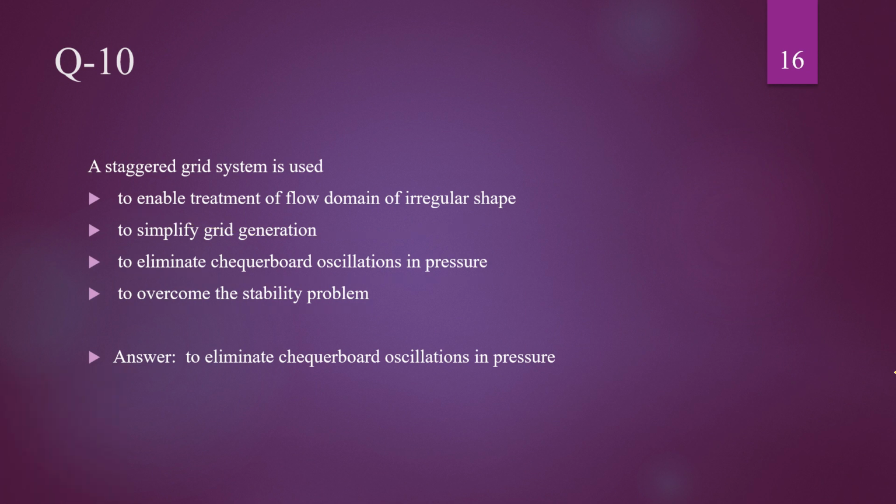So the question is about the staggered grid system. Basically we have two things, staggered or non-staggered grid systems, that are widely used. Why do we go for a staggered grid system? To enable treatment of flow domains of irregular shape: no, it is not true. To simplify grid generation: no, this is again not true. To eliminate checkerboard oscillations in pressure: this is true. And to overcome the stability problem: this is again false. So the answer to this question is to eliminate checkerboard